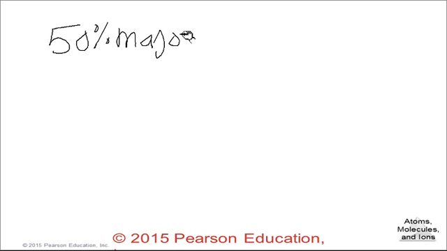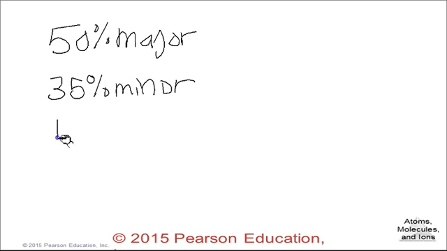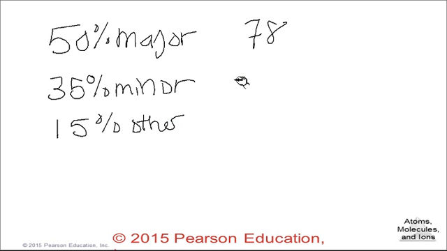So at Taylor, 50% of your grade is your major grade, so that's your tests, your lab reports, whatever. 35% of your grade are minor, and 10 or 15% are other. So if you had gotten a 78 on all of your major grades, but you did pretty good on your quizzes, so you had a 94 quiz average and you did all of your homework,